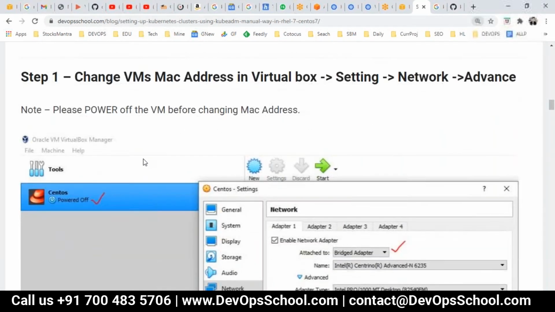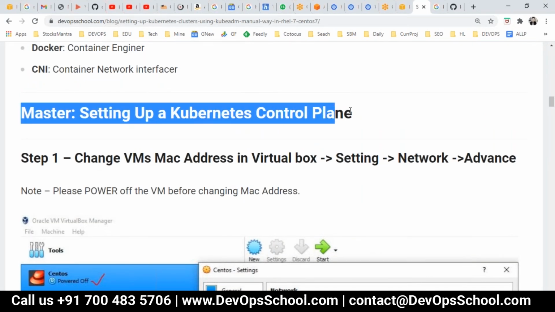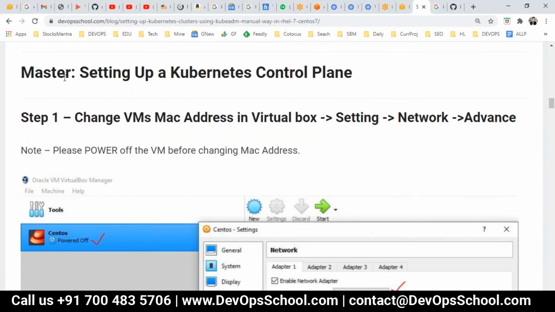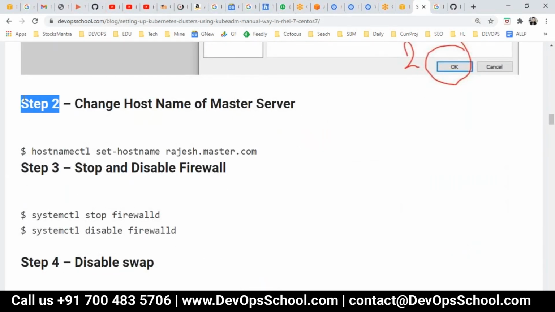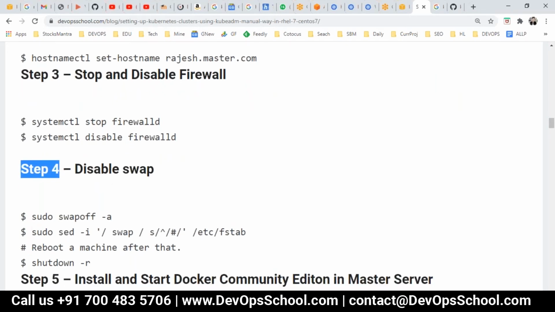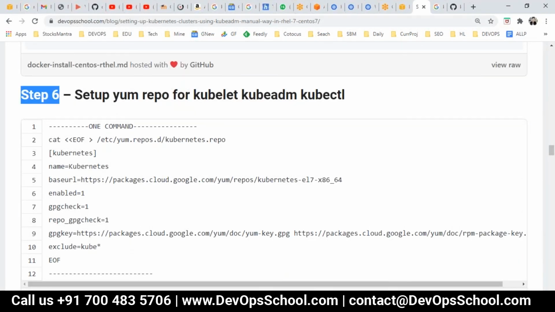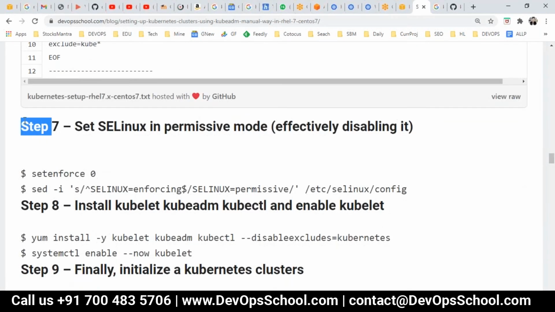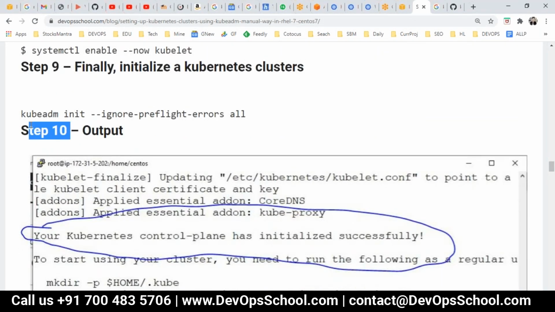Guys, see carefully. Here I have a heading called master, setting up the Kubernetes control plane. So this step is for the control plane. In this case, you will follow step 1, step 2, step 3, step 4, step 5, step 6, step 7, step 8, step 9, step 10.